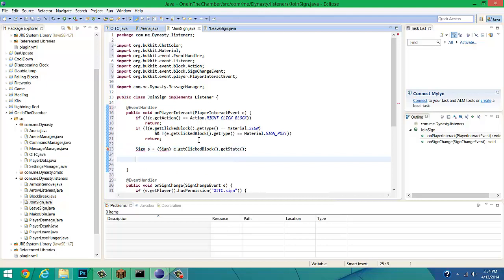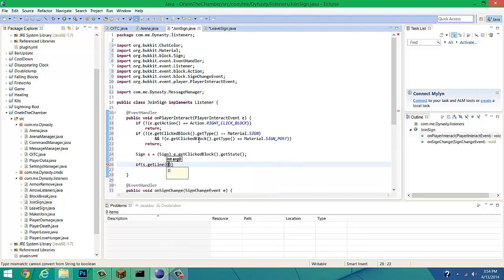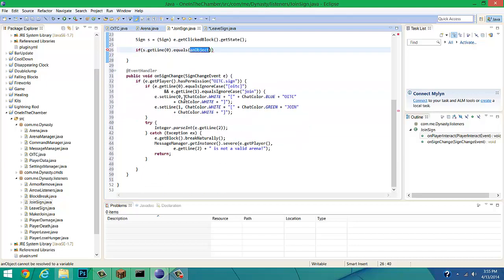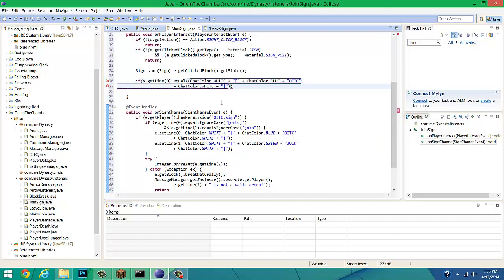And now we can go ahead and make another if statement. So if s.getLine(0) is equal to, actually no, we don't want to do equal to. If s.getLine(0).equals, this will be easier, and we can just copy and paste it from over here. Let's see where we set it. All right, right here. So since we set it to this, we need to get this. This is pretty much just making it so only people with that permission can make a sign and no one else. Then we're going to say and